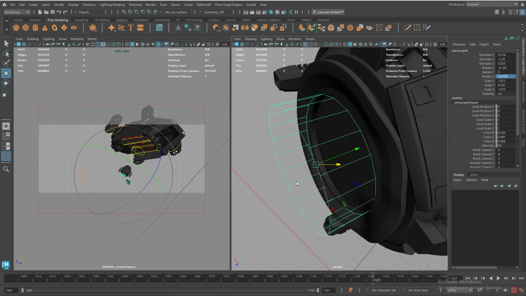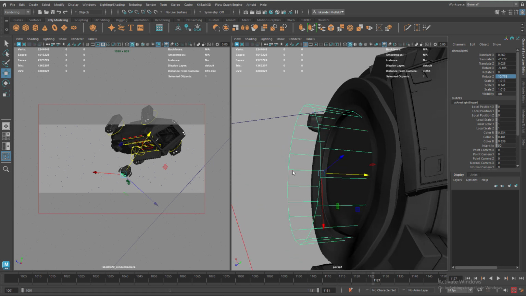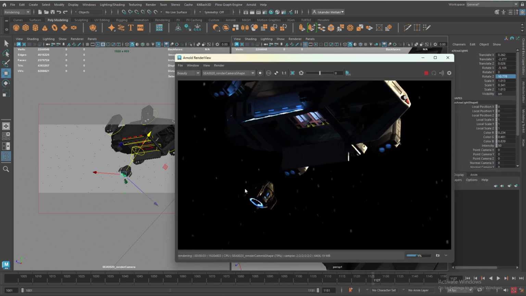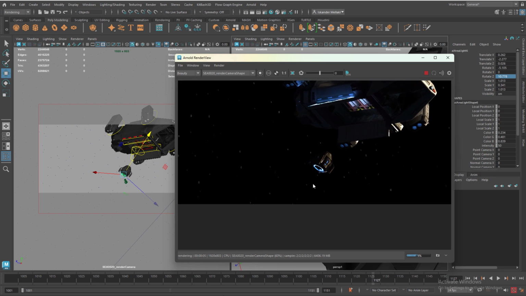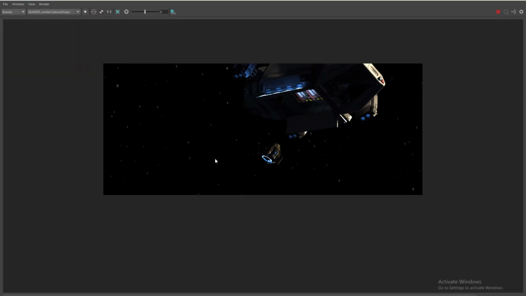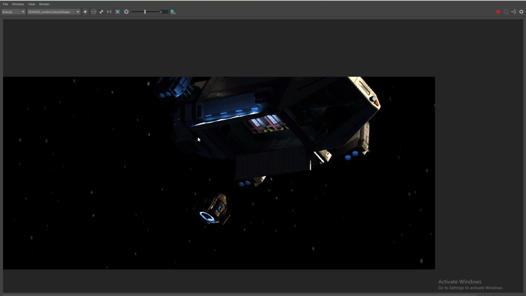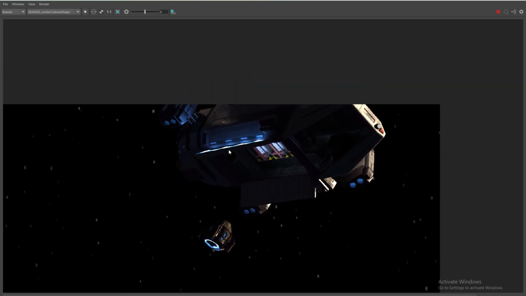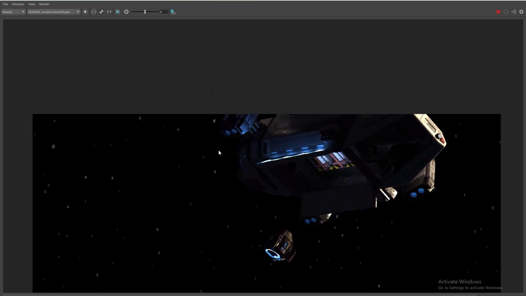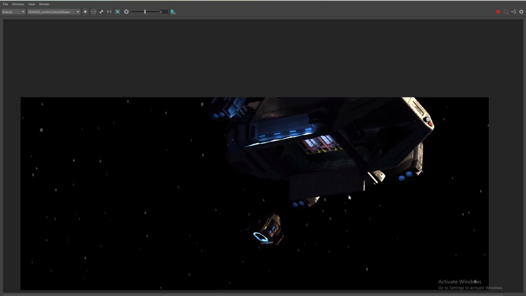So, I mean, it's just the start. I could add more lights and stuff, but for what I'm trying to do, this is looking good enough. Let's see